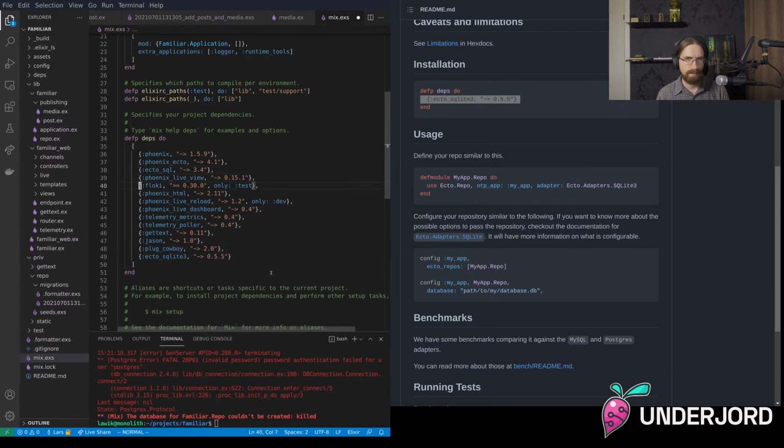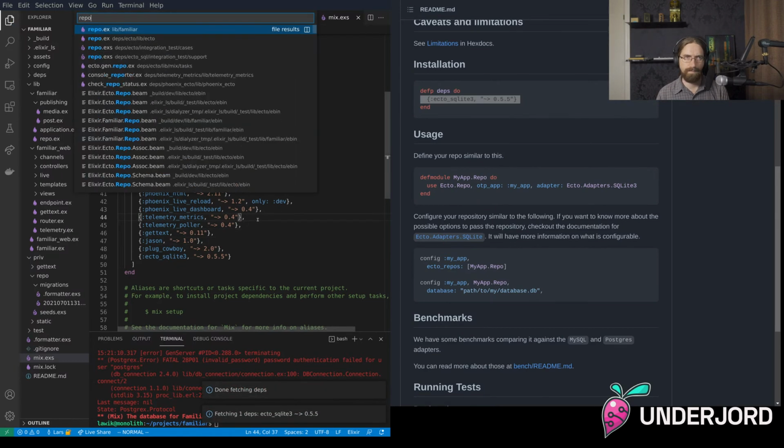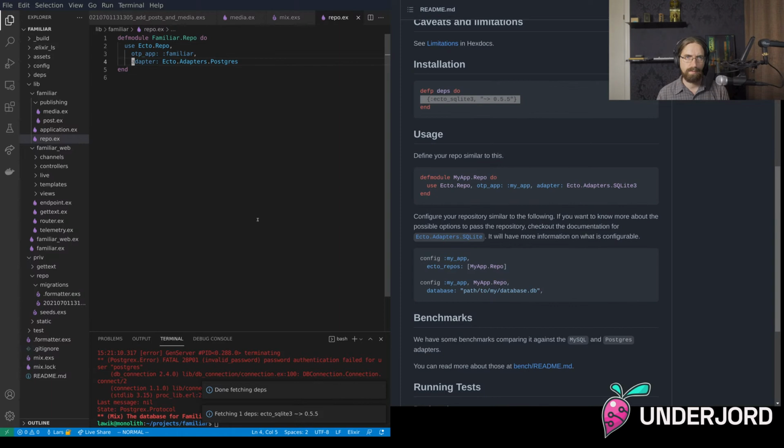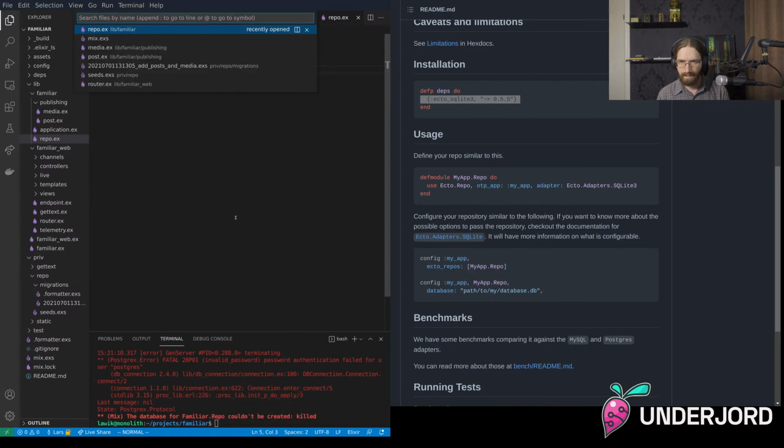Don't need Postgres with this. Go to the repo, switch out the adapters. SQLite 3. And in the config,